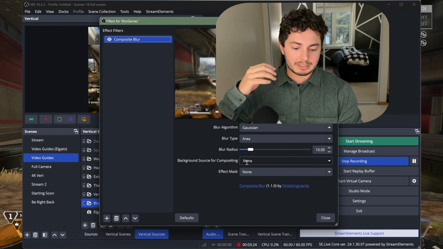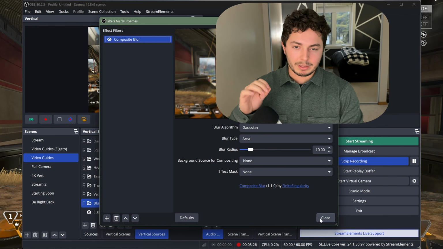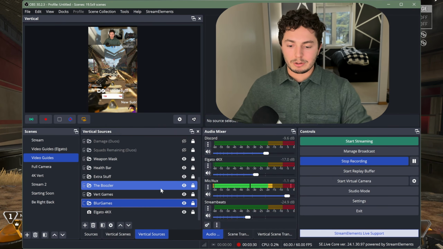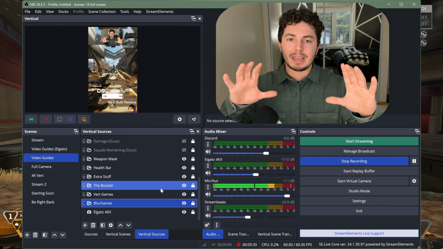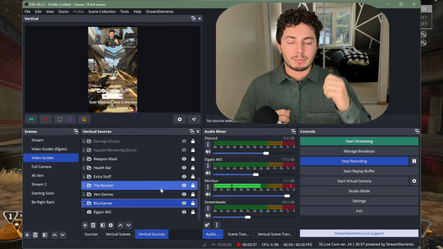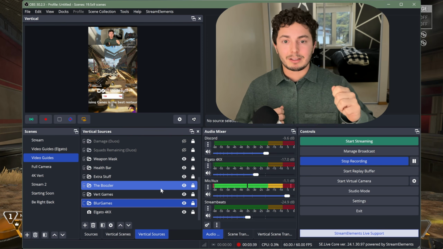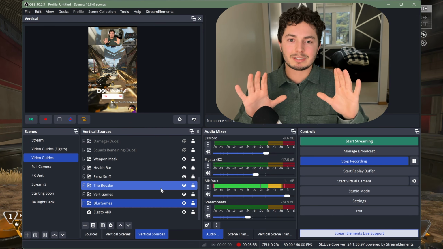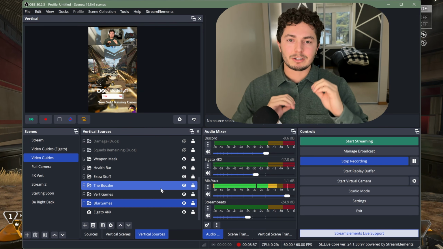Composite Blur is a plugin that you can download for OBS. I'll once again put that in the description. But what it allows us to do is to create that separation of the main image that I want to show off from the background, which is, to me, the single most important thing for the visual of my stream. Being able to zoom out just slightly on the image that you're trying to show as part of a